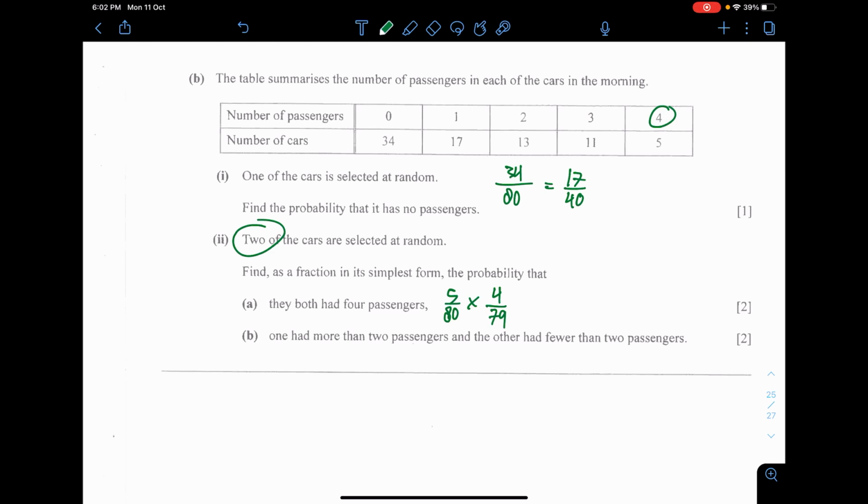Then 79, of course, because the number of cars was 80 but you took one of them, so you are left with 79. And of course, the last thing you need to do is to multiply it by 2. Now, why do you need to multiply by 2? Okay, there is actually an explanation here. Imagine that the 2 cars that you pick are car A and car B. The first car you pick is A, the second car you pick is B. It's possible that the order actually changes such that you take car B first and then take car A, in the randomness of probability.